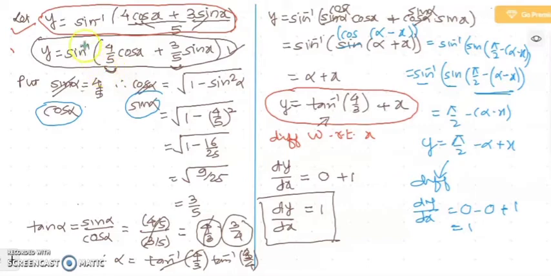Therefore choose it properly. If it is sine inverse of something to begin with, then try to get sine cos combination. And if you have cos inverse of this bracket, then put this as cos alpha. So it is sine inverse kind of example. So I wrote this, I tried to get sine cos combination, and then it will be cos sine. But if it is cos inverse of something, I would put this as cos alpha, so that I'll get this as sine alpha, and I'll get cos cos plus sine sine combination, which is useful in the further calculations. So even if you make the wrong choice, still you get the answer correctly. Wrong in the sense the other choice, I mean.